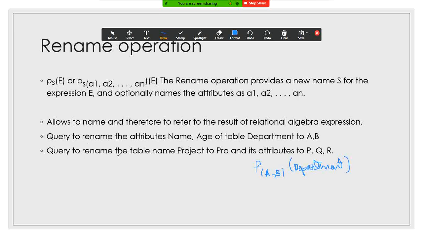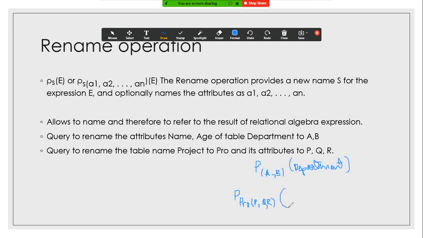Next we have a query to rename the table name project to Pro and its attributes to P, Q, R. Now we also have to change the table name as well. So we will write this rename operator, and then first we will write the table name, which we have to change to Pro. Then we will write the attribute names P, Q and R. From which table?